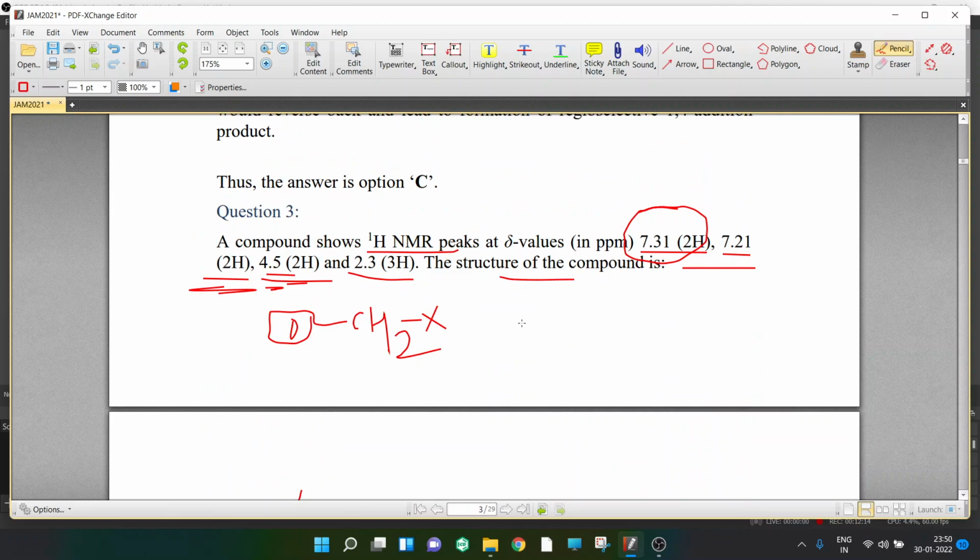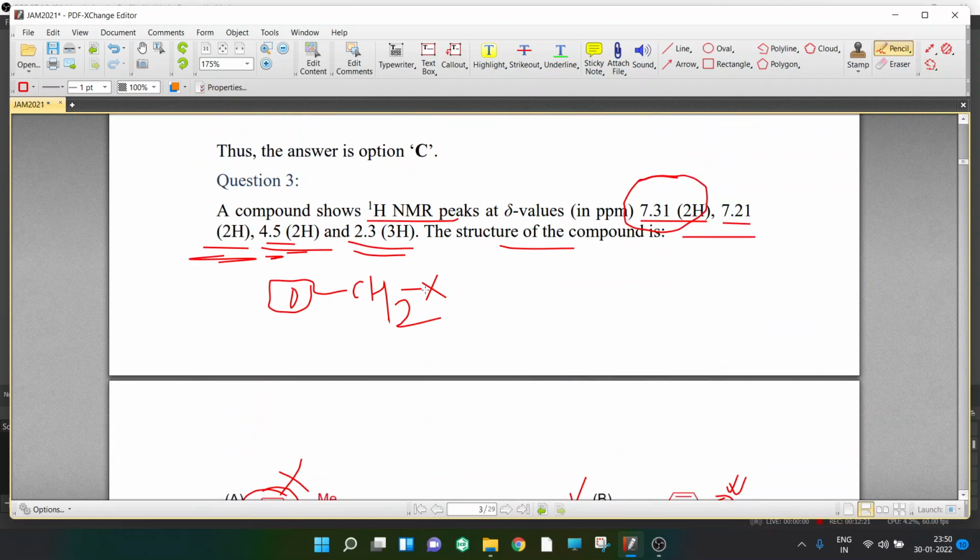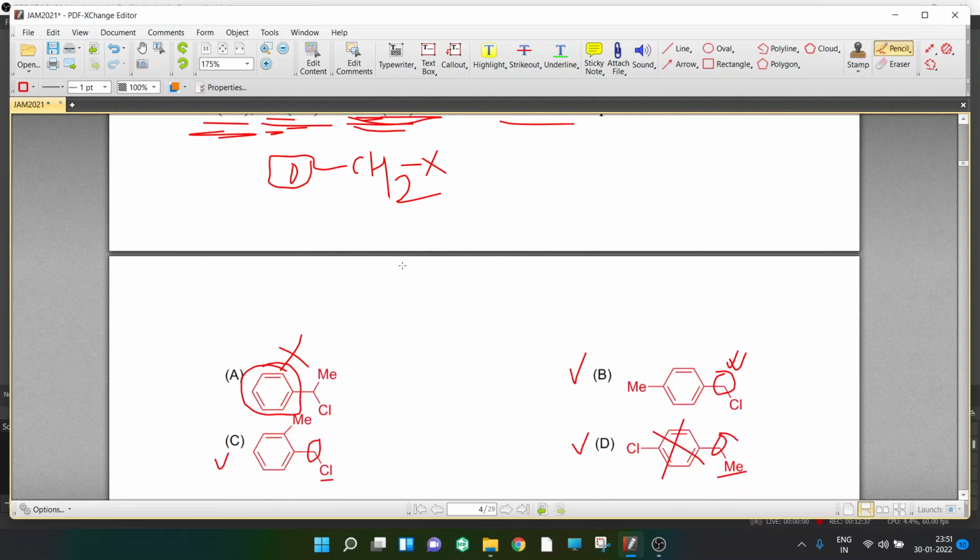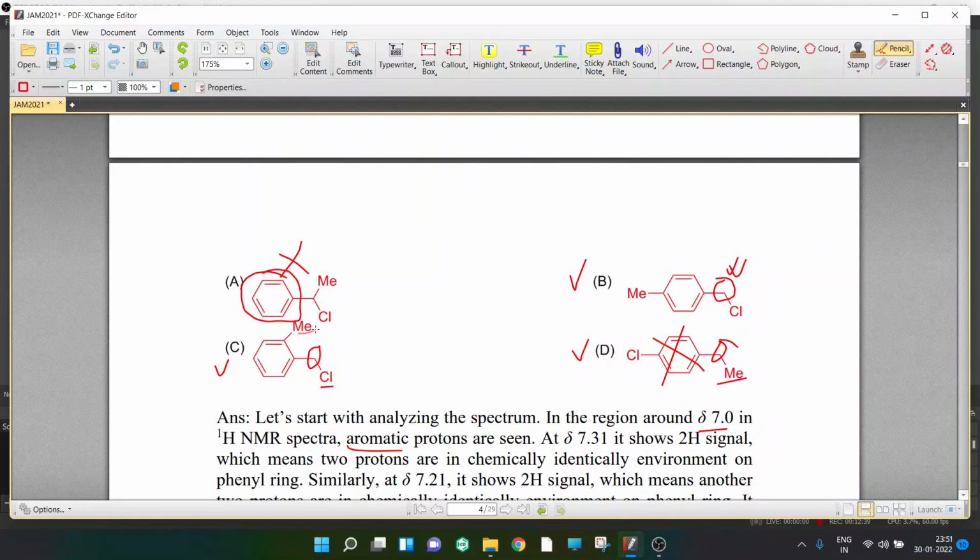Let's look at the other. And it says 2.3, 3 protons, so mostly methyl beside CH2 or something like that. Okay, may not be CH2, but yeah, basically methyl, and that also is not around 1. So it is not some simple CH2CH3 kind of thing, sorry. So it has to be a little bit deshielded, not much, but 2.3 is good enough. So Me on the benzene ring looks good to me, Me on the benzene ring. So now the competition is between B and C. The thing is, the only difference is